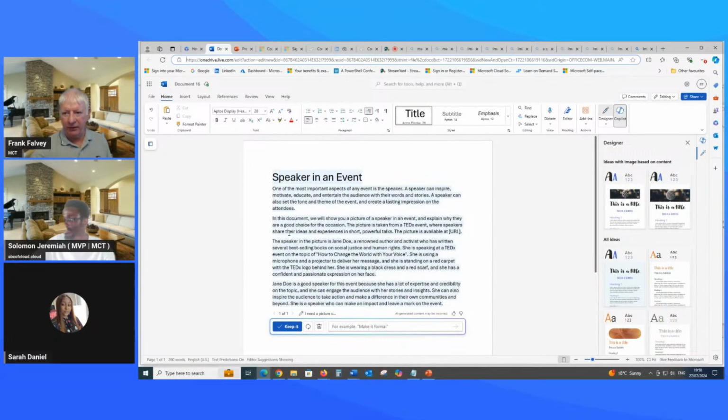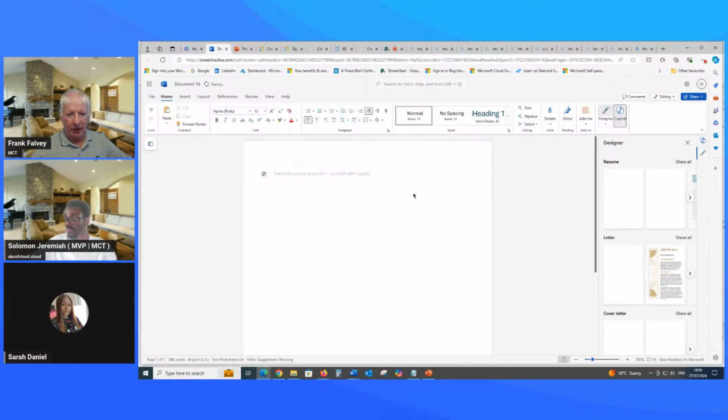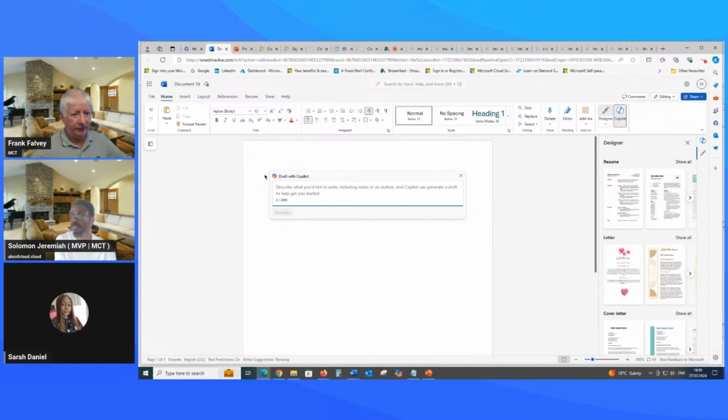Just for people who've seen it for the first time, this is Microsoft Word in M365, and it's got Copilot integrated into it. You can see it up in the top right-hand side there. When you open up Word first, you click on Copilot up in the top right-hand corner, and then you'll see this symbol of Copilot on the page. You can just click on that. If you hover over it, it'll say draft with Copilot. So you click on that, and I can ask it